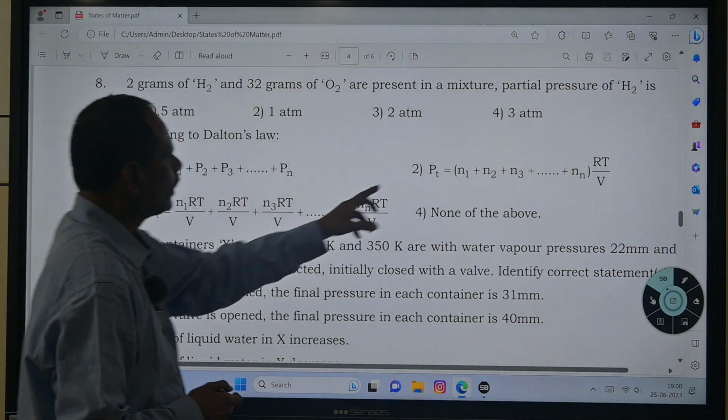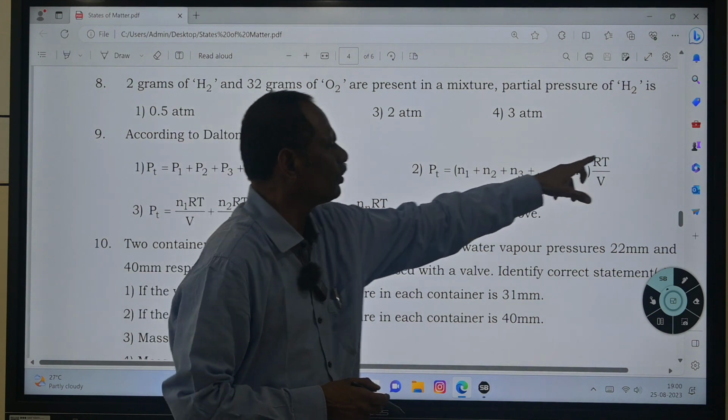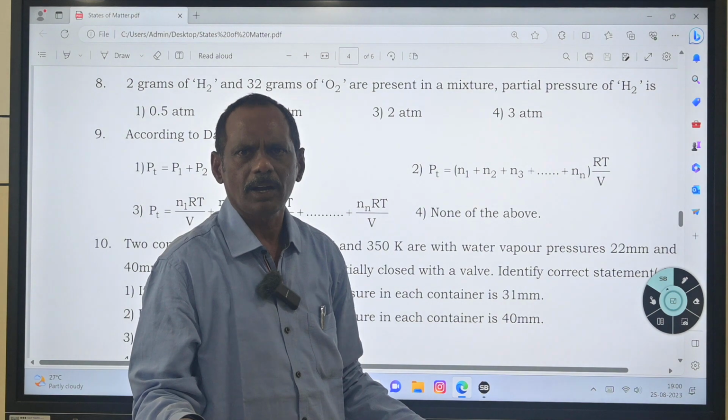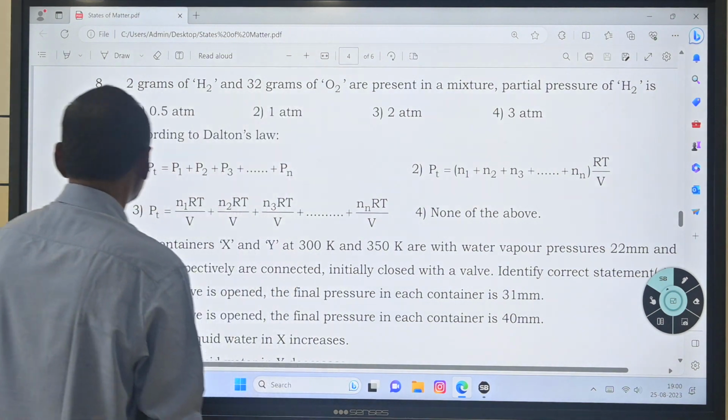It is also correct. Total pressure is equal to total mole number into RT by V. In the first one, I have given that formula. Or third one,